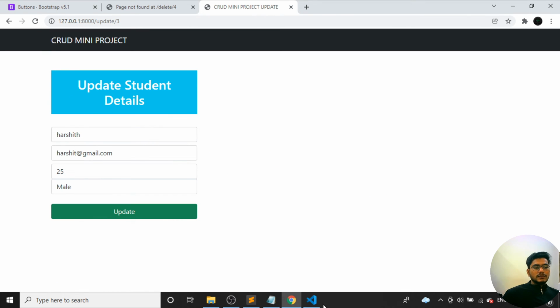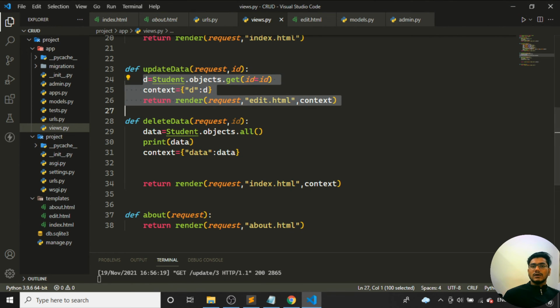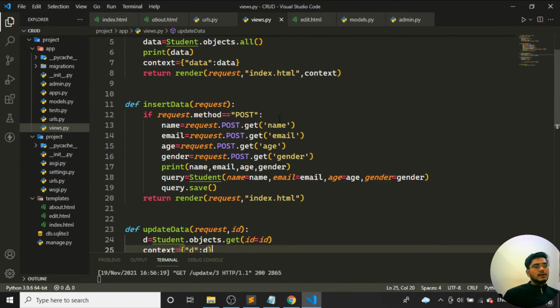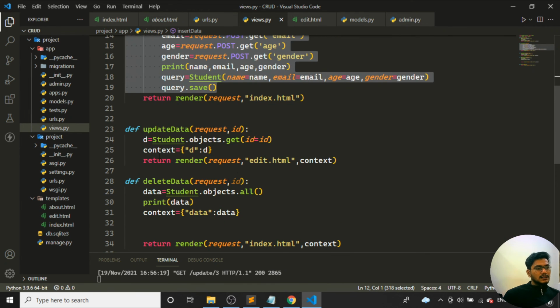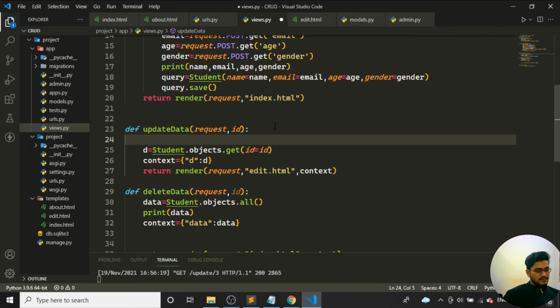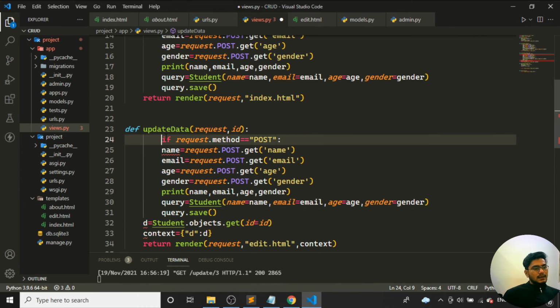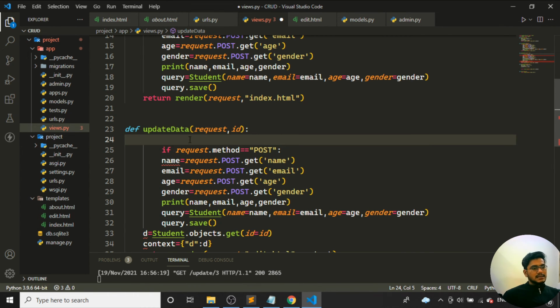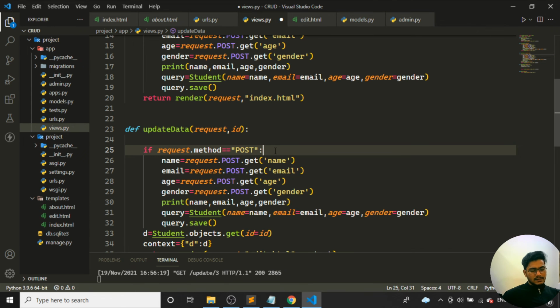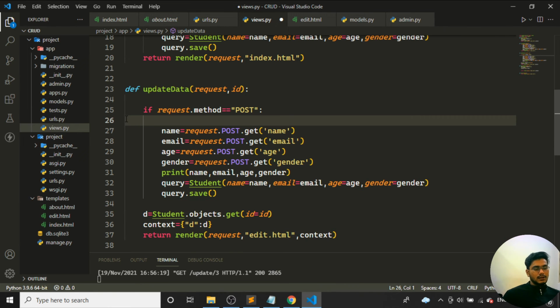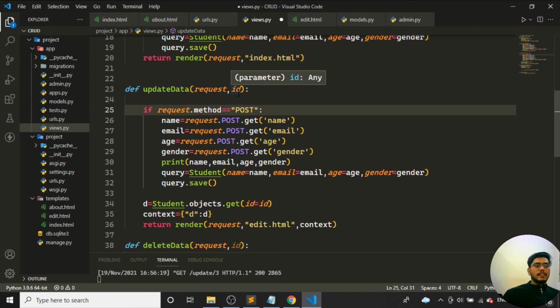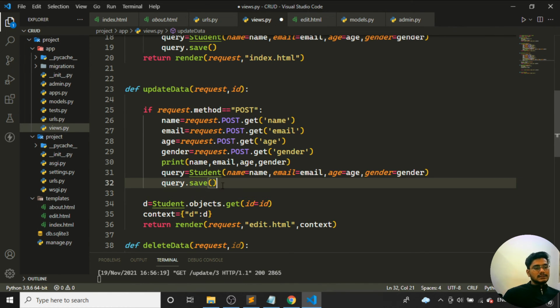But I want to save it. I want to put the particular form also. So at that time, I'll copy the same operation from here and put it here like this. If I enter it, it's starting from here, right? So whenever there is a request.POST, it should perform this particular operation. Whenever there is a post request for this particular data, it should save it. And I'll use redirect also.